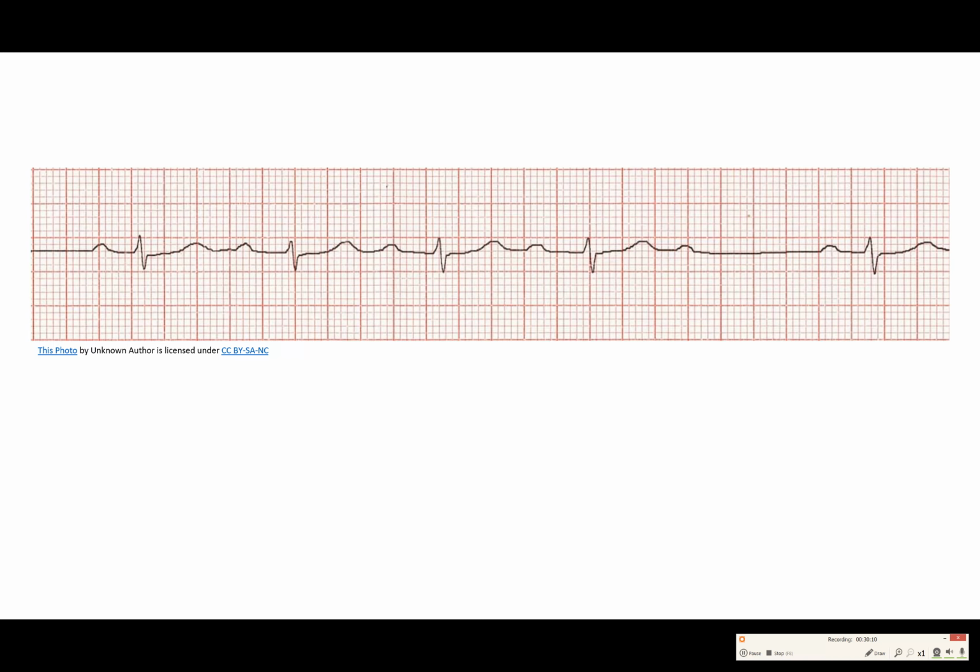Okay, so let's look at this rhythm. And remember, the first question is, is it regular or irregular? So let's look at the distance between